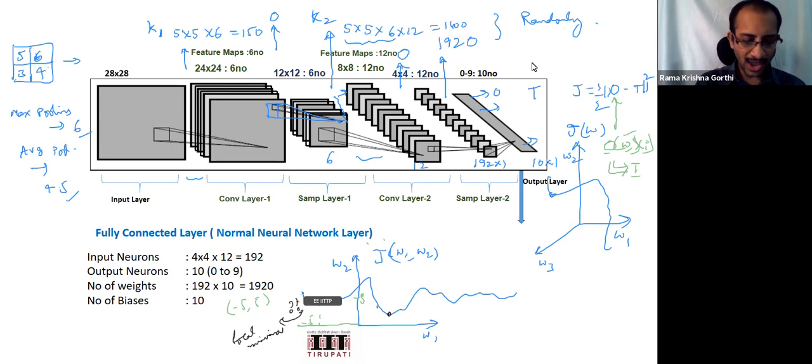See, for example, if you have something like this, then what happens? You could have moved like this, or if from here you have it like this, it's not a very good local minima. So this is actually a global minima and also a reasonably good minima. So you want to reach this. If you want to reach this, the initialization itself has to be reasonably good.